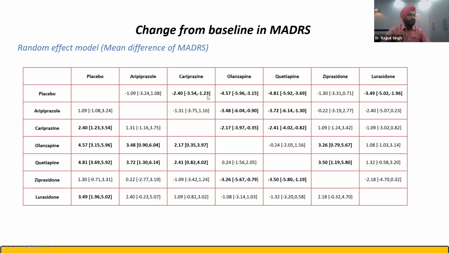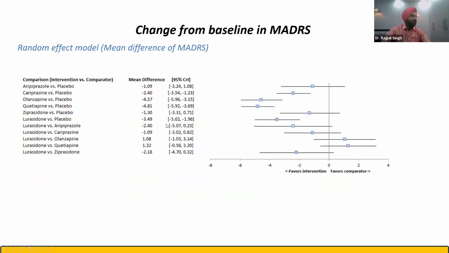Here, certain values are bold. And how to read this? Like we had aripiprazole versus placebo. This was the value minus 1.09, minus 3.24 to 1.08 as the 95% credible interval. That forest plot is populated based upon this data, aripiprazole versus placebo. Like you have seen this for cariprazine versus placebo, the 95% CI value is not